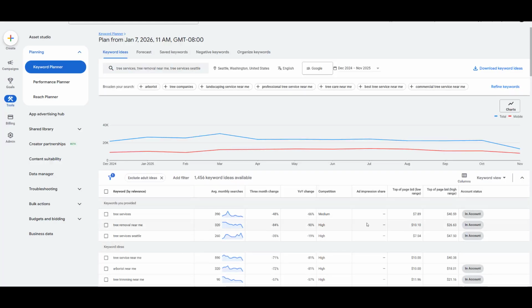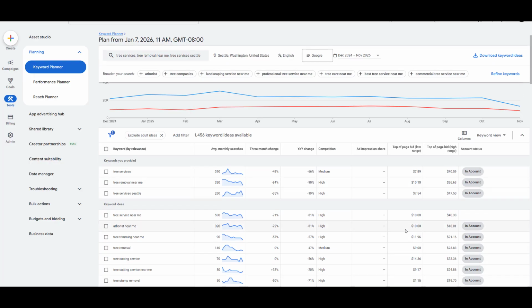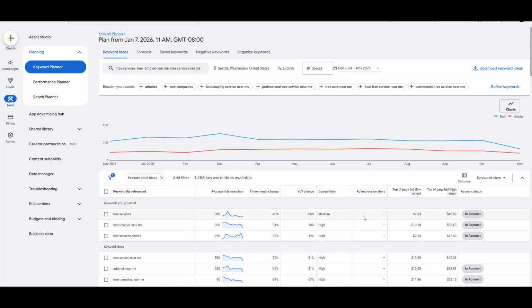Hit save, and then you'll see the numbers over here will update. So you can see compared to the national data, it definitely got more expensive. Things in Seattle are generally insanely overpriced, so your market is probably going to be different. But what I like to do is I try to look at a rough average of some of